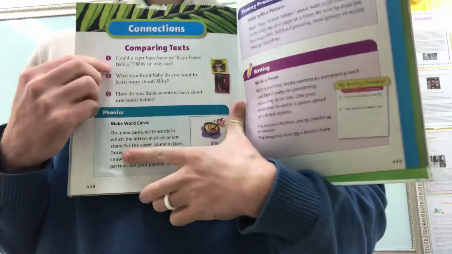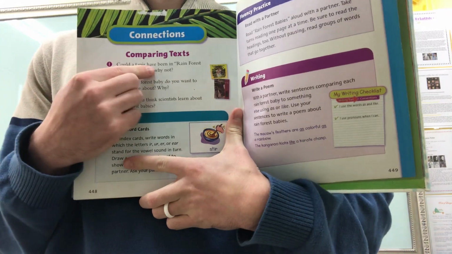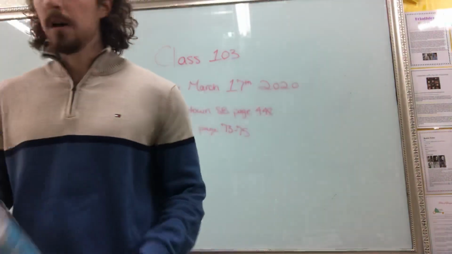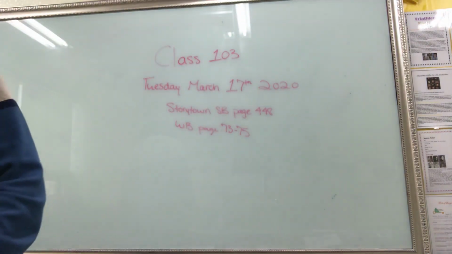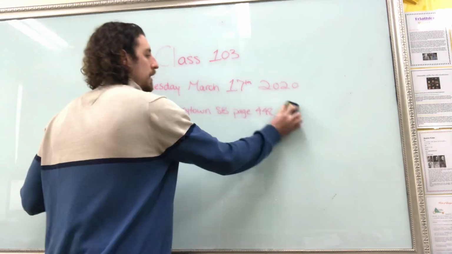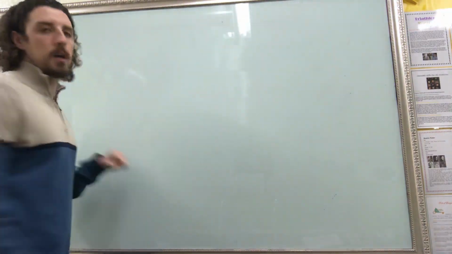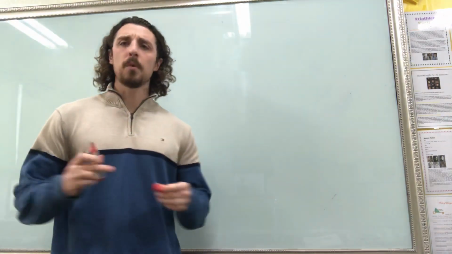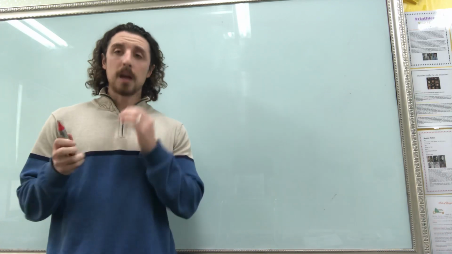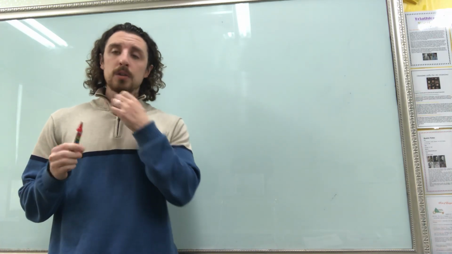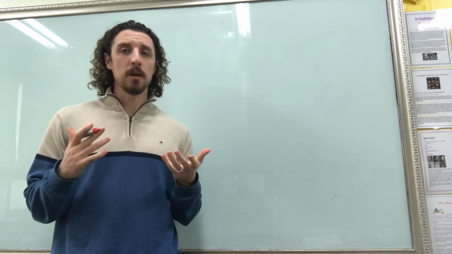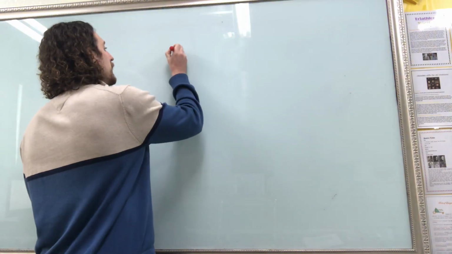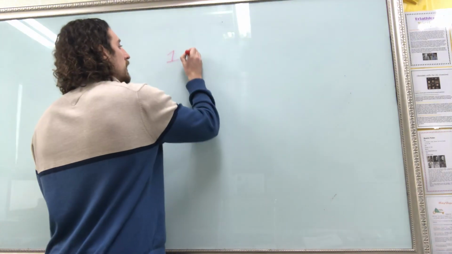All right. Question 1. Could a tapir have been in Rainforest Babies? Why or why not? Well, we know that Rainforest Babies was all about animals that are born in the rainforest, right? And we learned about the tapir. Where was the tapir born? The tapir is born in the South American rainforests. So, could the South American tapir be in Rainforest Babies? Yes, he could. So for number 1, let's say